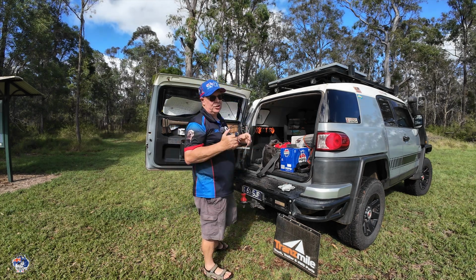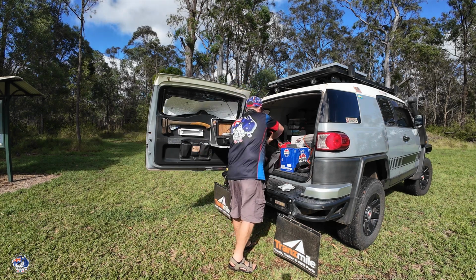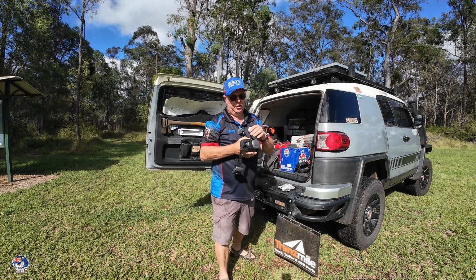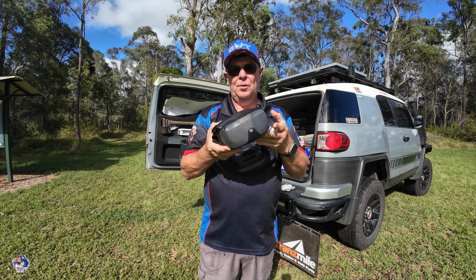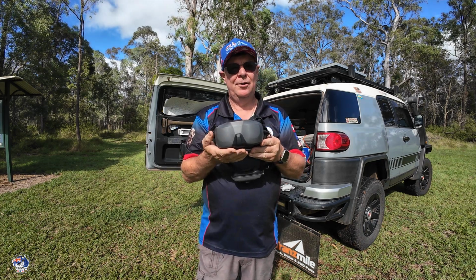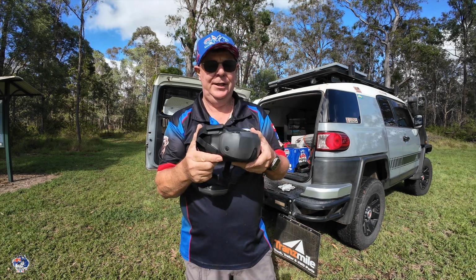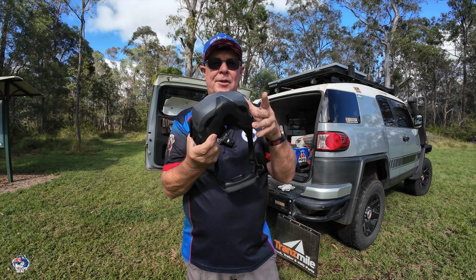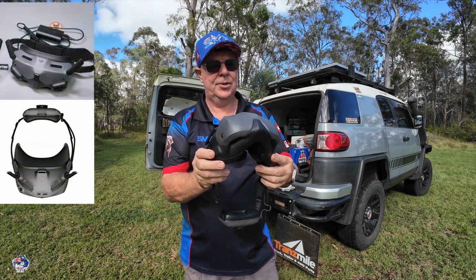Now, I'll quickly show you the FPV goggles. I've got them in a little bag here. These are the new N3 goggles. These are different to the ones that come out with the Avata. I think they're just the DJI goggles. These are called N3. They're a little bit bigger than the original goggles. I'll see if I can get a photo and put it up on the screen of both goggles to show you